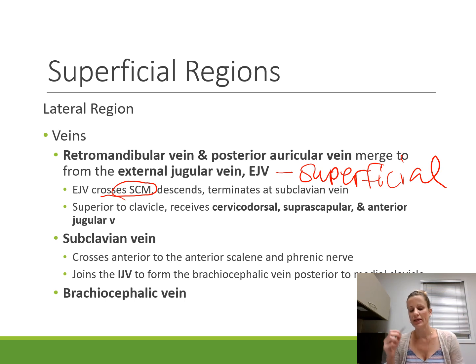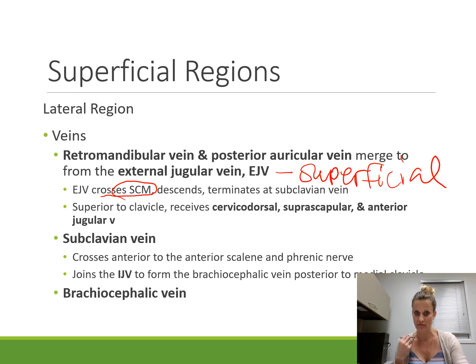Later, we'll see that the internal jugular vein goes under the sternocleidomastoid. Okay. So the posterior auricular and retromandibular veins merge to form the external jugular vein. The external jugular vein is going to cross over the top of the sternocleidomastoid as it descends, and it terminates